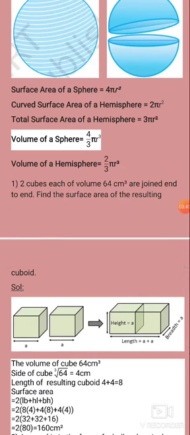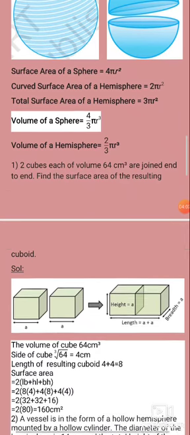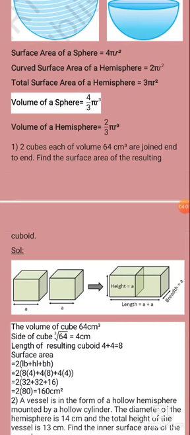Now the total surface area equation is what? 2 into (LB plus BH plus LH). So 2 into (8 into 4 plus 4 into 8 plus 4 into 4). So L is equal to 4 plus 4, which becomes 8. All the other breadth and height are the same. Now which is equal to 2 into (32 plus 32 plus 16), which is equal to 2 into 80, which is 160 centimeter square. So listen carefully, this one is simple and also important.